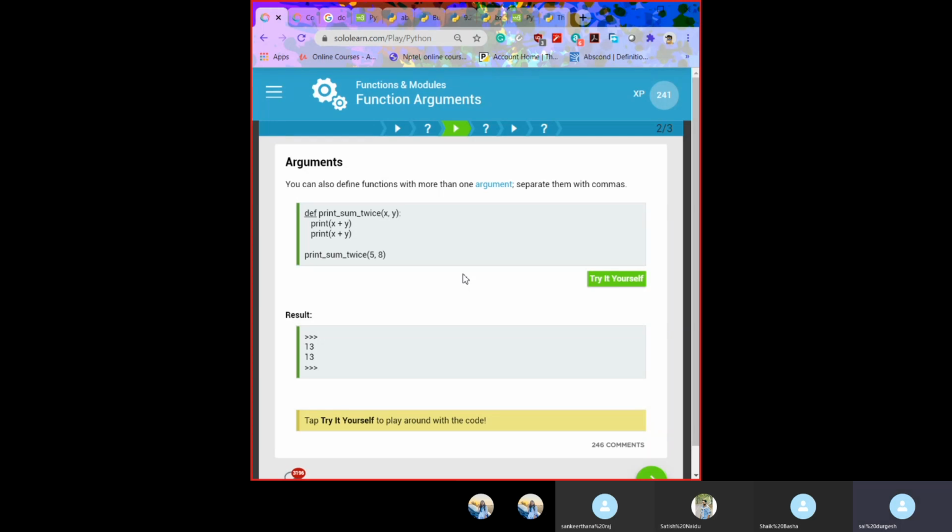Yes, we can define not only one argument, we can define two or more arguments, or we can set a range for an argument, or we can do more things using arguments. Here, print sum twice. Please see that I copied a text, our own variable.